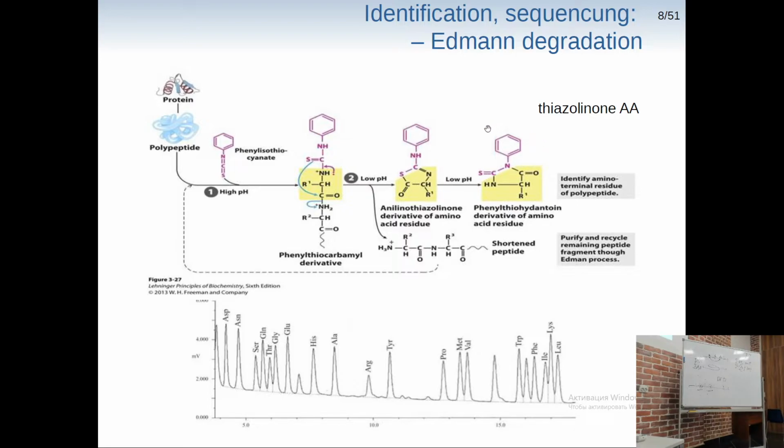Afterward, we can do chromatography with some detector, and we'll be able to assign each peak on this chromatogram to a different